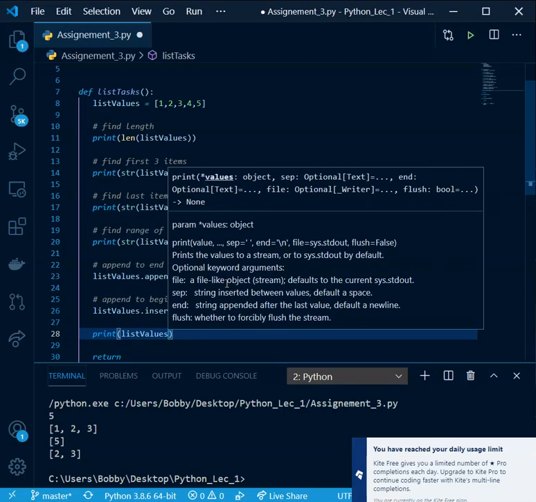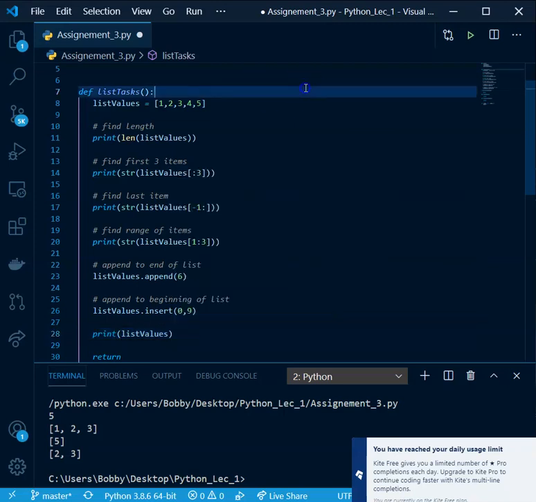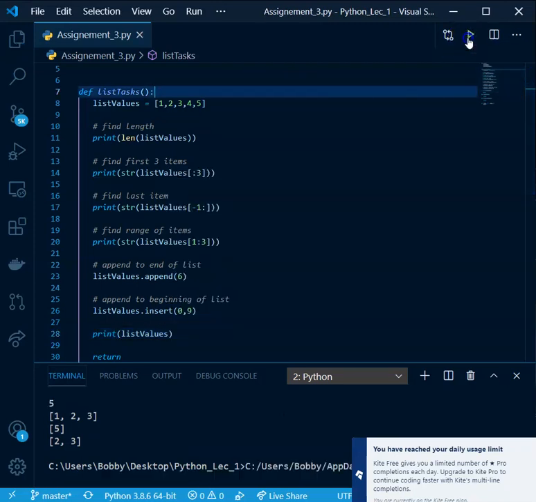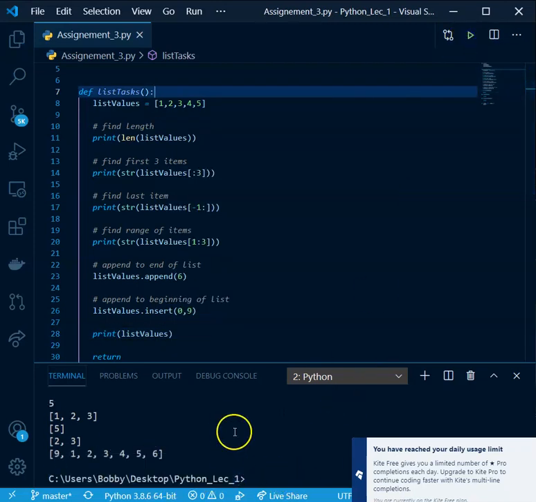And that should do it. Okay, so let's run this. Okay, so now if you look at the bottom one, we have 9 at the beginning, which is what we did there. We have 6 at the end, which is what we did here. We have a range. The other things are still there. So all this worked. All right, so the next thing we want to do is,